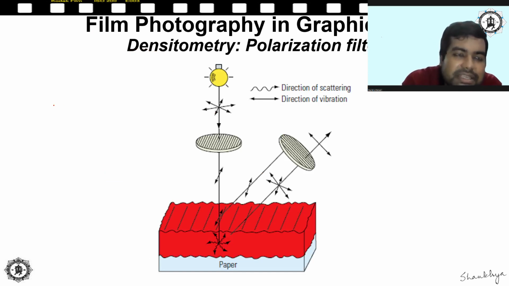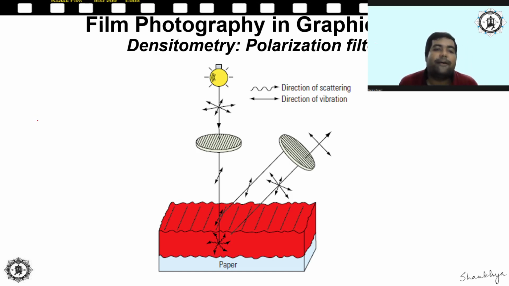Basically, as you know, light is an electromagnetic wave. The wave nature makes the light vibrate whenever it is moving. It vibrates in different directions or different planes. So this is the direction of propagation of light, but it does not mean that light waves will vibrate in this direction only. Light waves are also going to vibrate in all possible other directions as well, right? So this is the electromagnetic nature or dual nature of light energy as we know it.